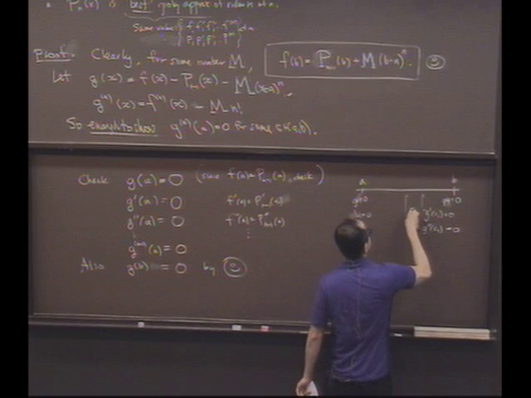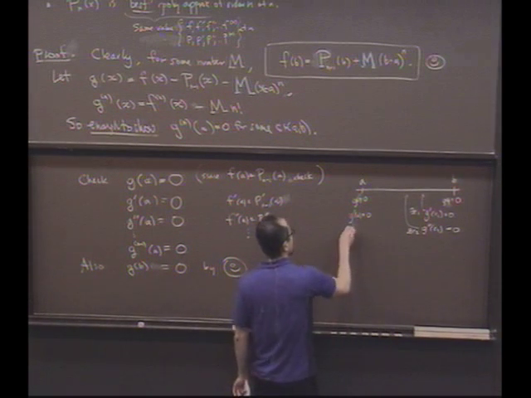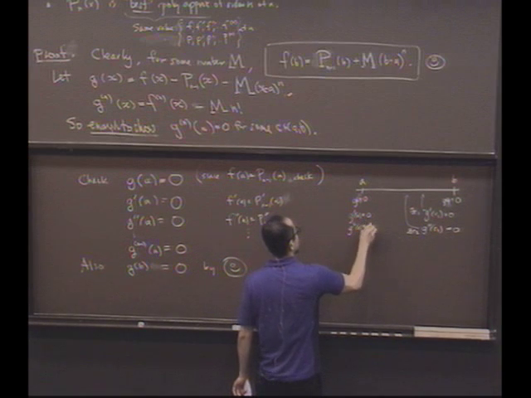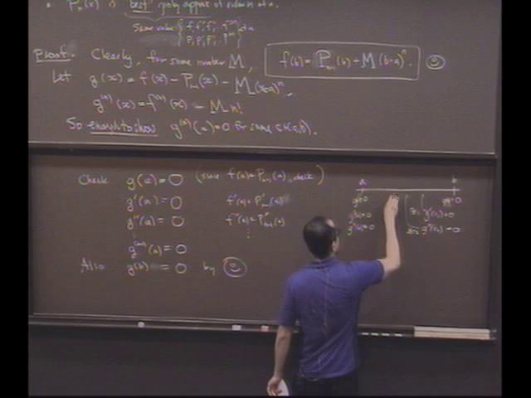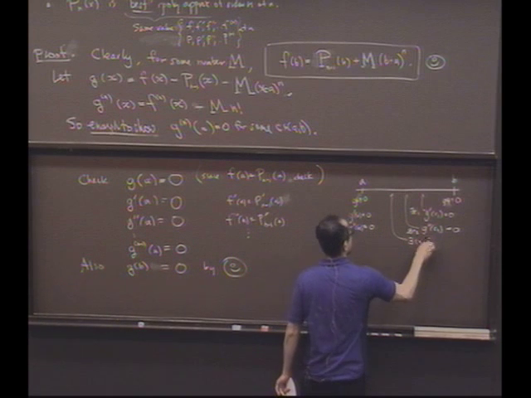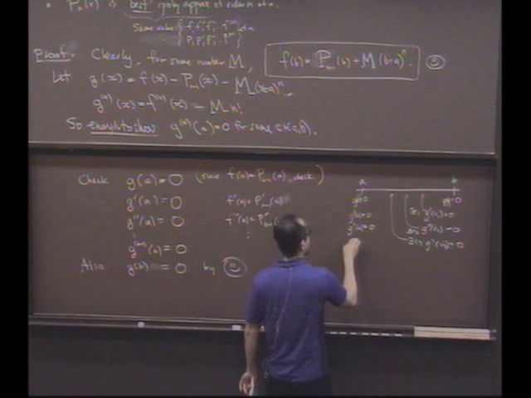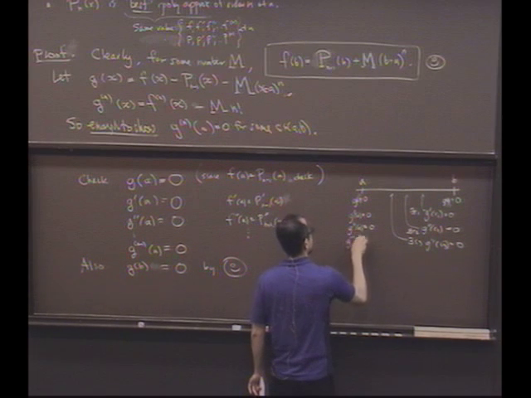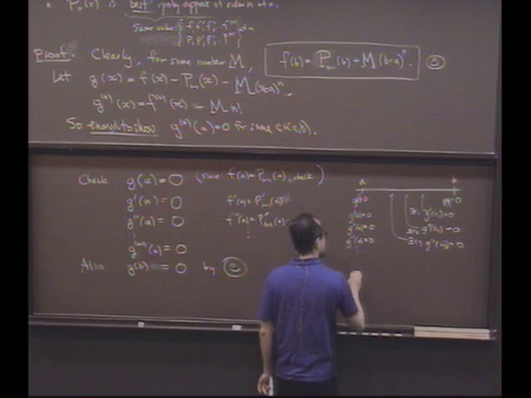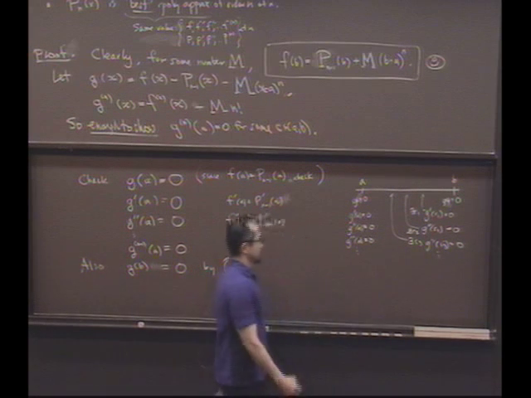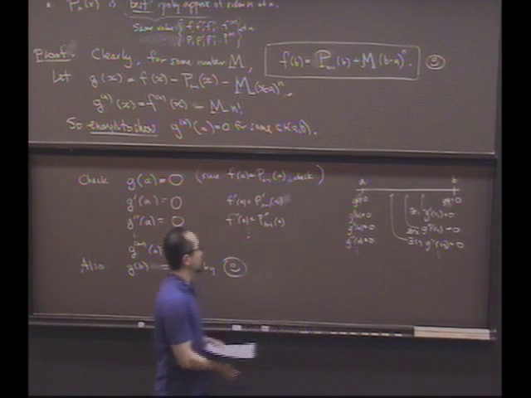So what I'm saying is there exists a c1, there exists a c2. Continue. What do I know about g double prime at a? It's also 0. Therefore, there exists another place in between, c3, where the third derivative of g at c3 is 0, etc. Keep going. How far can I keep going? Good. So by the time I get down to, let's see, the last step here, what will I